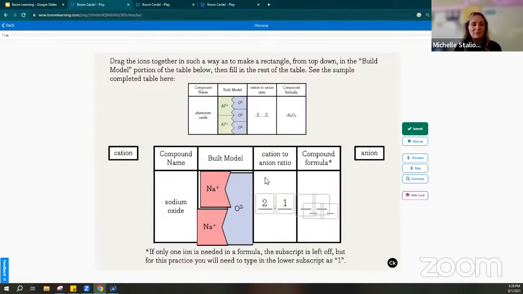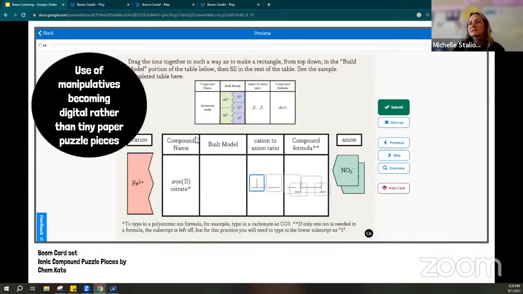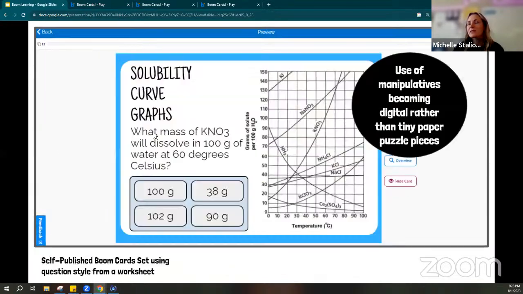By going from paper pieces to having it digital, the time it took, that used to be like a 3-day event, is now 1 day. We have a ton of background knowledge built and understanding of how to write a chemical formula. So that one, she had so many really great pieces and slides for helping build that understanding. So that was a game changer for me.